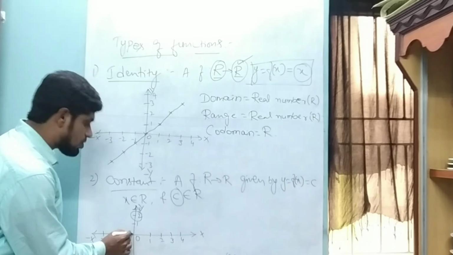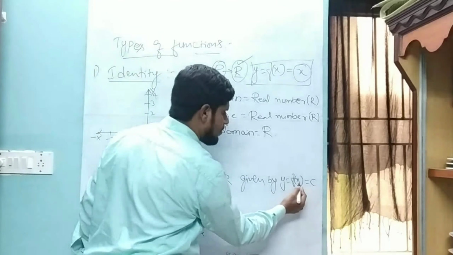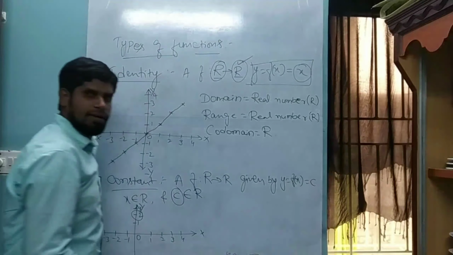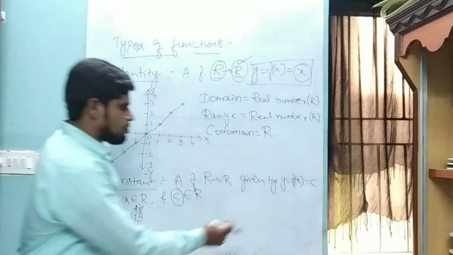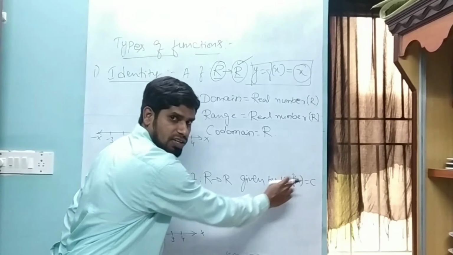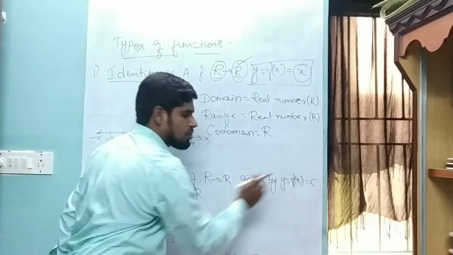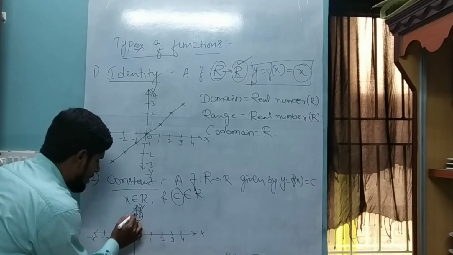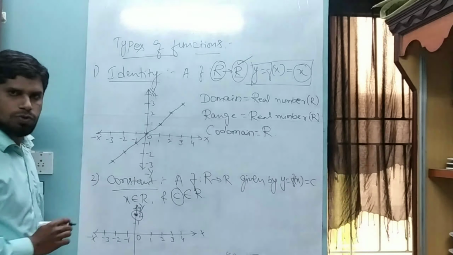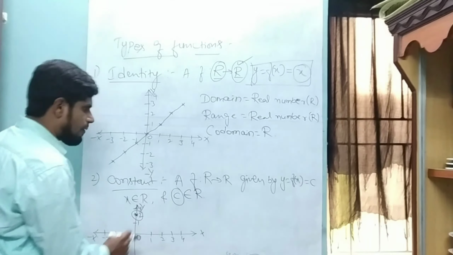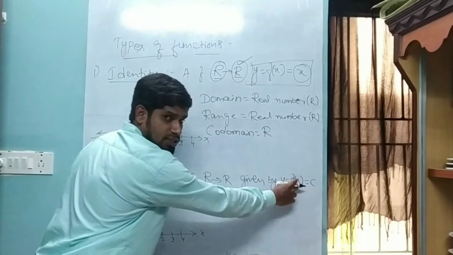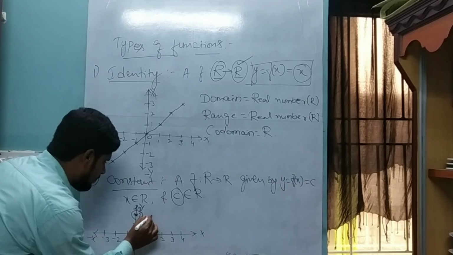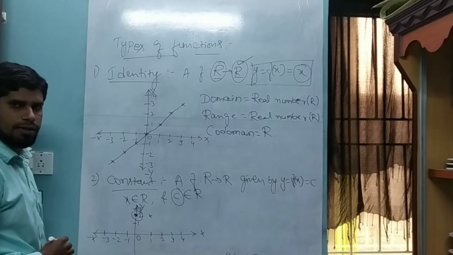If I put x equals 0 in this function, in this program, then what is the output I am getting? That is important. If I am putting x equals 0 as an input, then my output is 2. If I put x as 1, then the output is again 2 only.